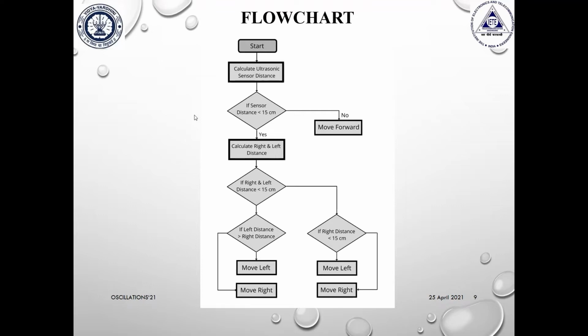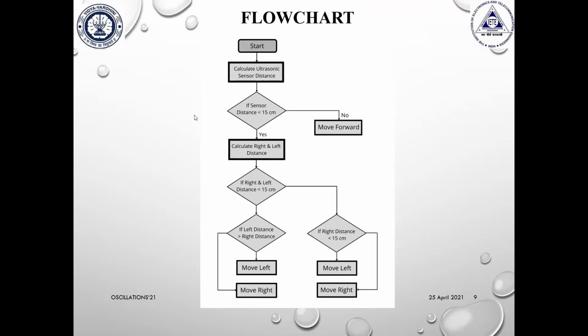So if there is any obstacle within the 15 centimeters as the car moves, the car immediately stops and moves backward for 20 milliseconds. When this is done, there are two outcomes. That is, the car has to either move to the left or move to the right. It does so by looking in both directions, much like whenever we as pedestrians are crossing the road. So the servo motor actuates the ultrasonic sensor to the right and takes a particular reading, followed by that it moves to the left, and then a particular reading is taken.